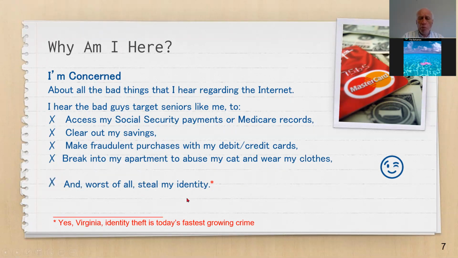And you think, how can anybody steal my identity? I am me. And yet, once the bad guys can get access to information like your Social Security number, your credit card number, and so on, they can pretend to be you. And there was at least one case that I know about. A guy got a letter from the bank saying he was way behind on his mortgage payment on his house in Las Vegas, and they were going to foreclose. And the guy had to call the bank and say, not only do I not have a house in Las Vegas, I've never even been to Las Vegas.